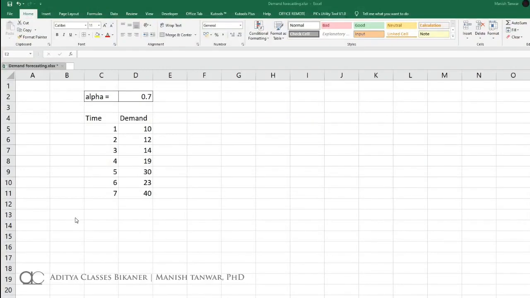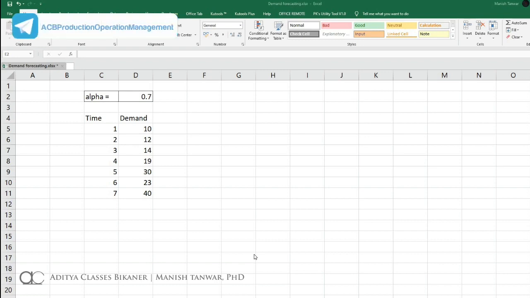Hello and welcome. As we meet here on MS Excel, we'll try to solve exponential smoothing and exponential smoothing including trends using MS Excel. As a student you could solve it using paper, pencil and calculator, but we'll see how changing alpha from 0.7 to 0.8 to 0.9 or 0.1 or 0.2 or 0 or 1, whatever value, affects the final forecast, and what is the final effect on the errors in my forecast.